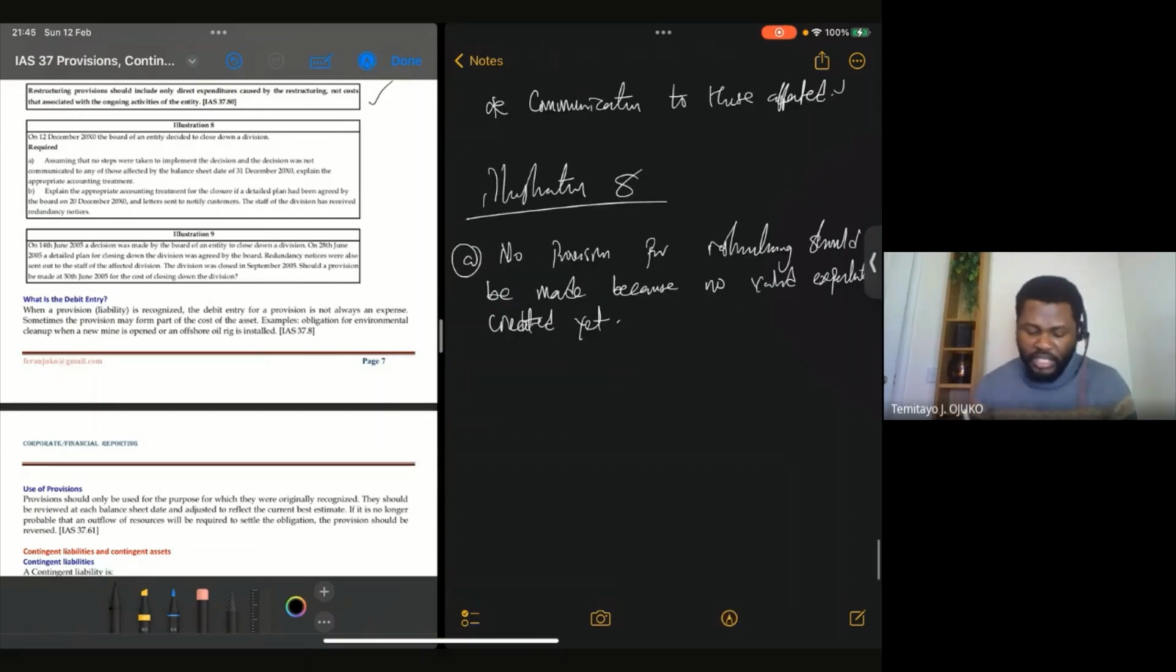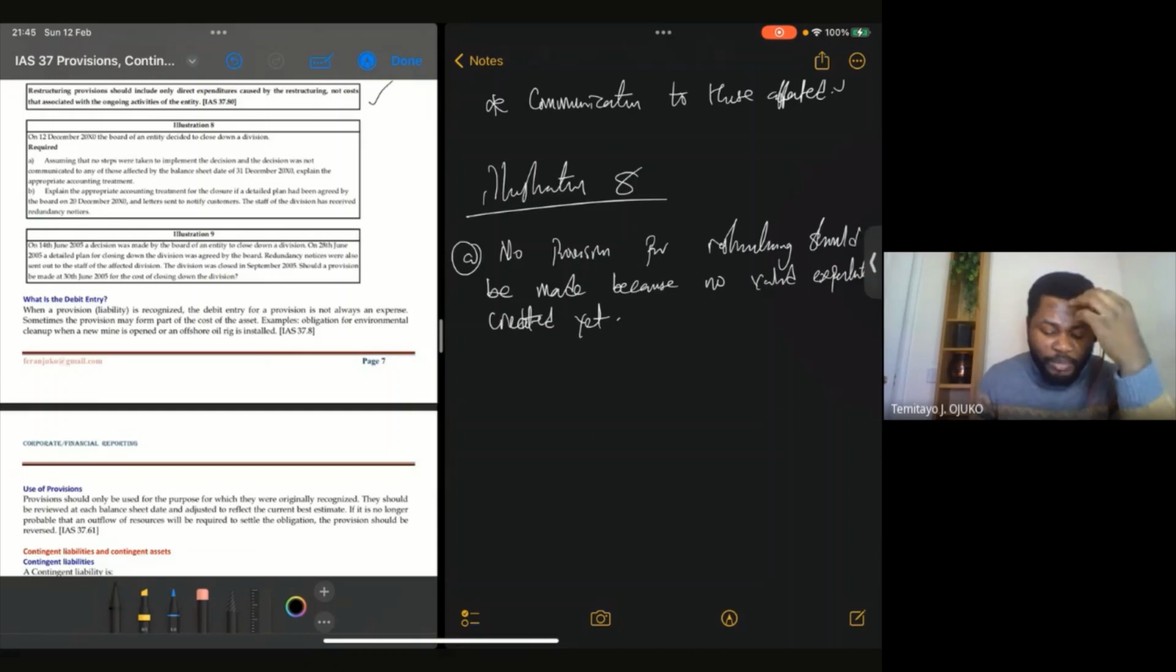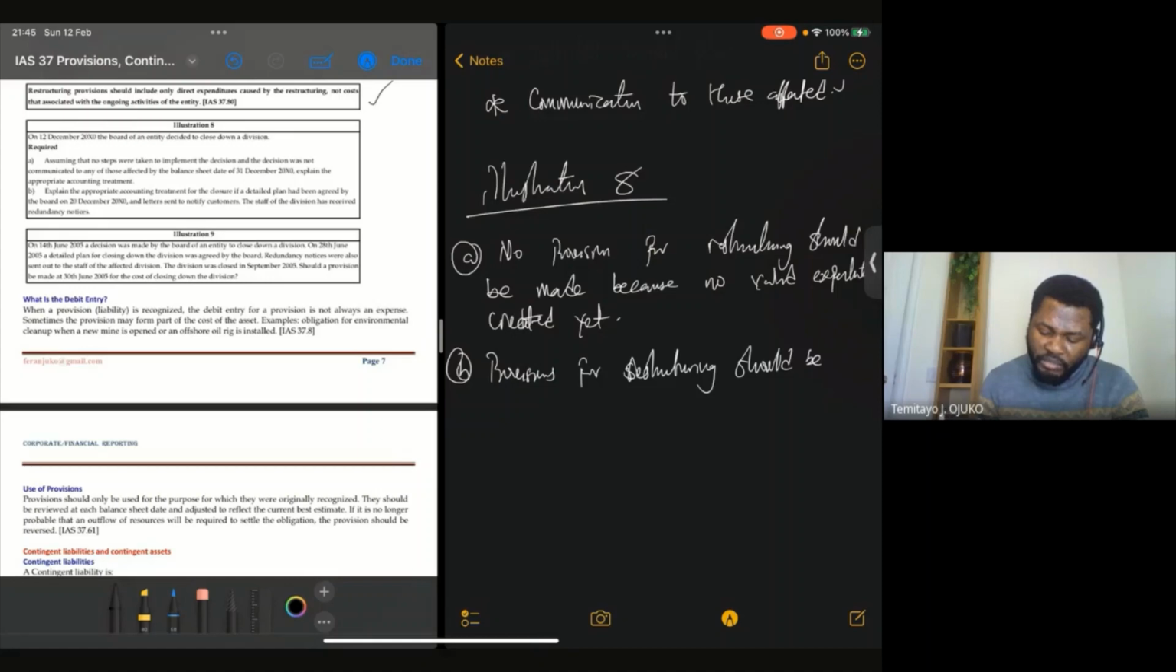Very, very important. Now, the second one is to explain the appropriate accounting treatment for the closure if a detailed plan had been agreed by the board on 20 December 2020, and a letter sent to notify customers. The staff of the division has received redundancy notice. So for B, then provisions for restructuring should be made